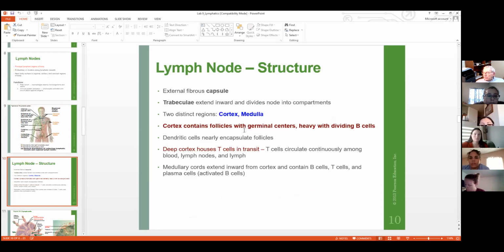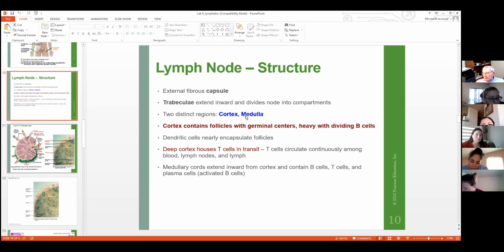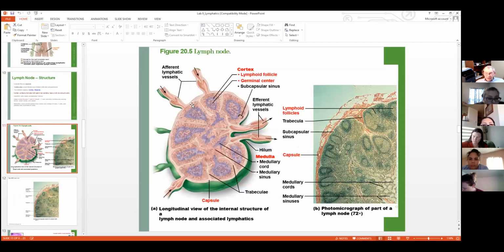Ten talks about the terms, but let's identify the terms here. This outer area is the cortex, just like it is in the kidney. This inner area is the medulla, just like it is in the kidney. And then we have the